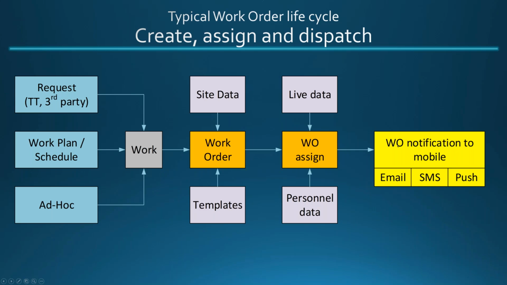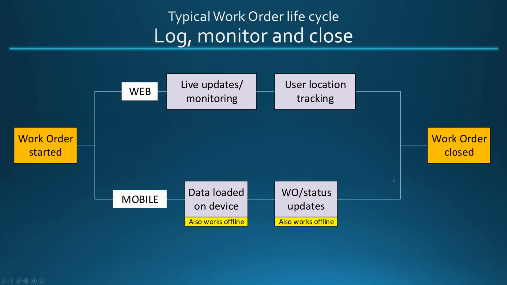When this work is dispatched, notifications are sent by email, SMS, and push, and that gets the work order out to the mobile device. Once it's out there, two parallel streams, or branches, start out. Obviously on the mobile side, once we have the work order data loaded on the device, then work is initiated